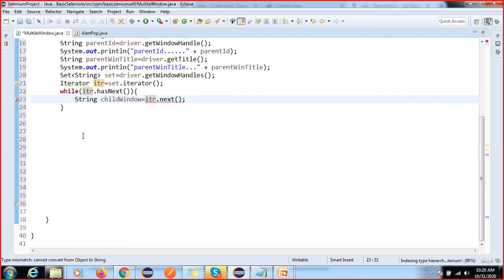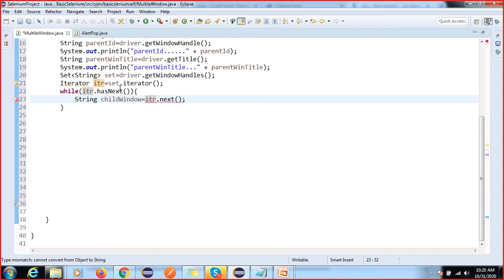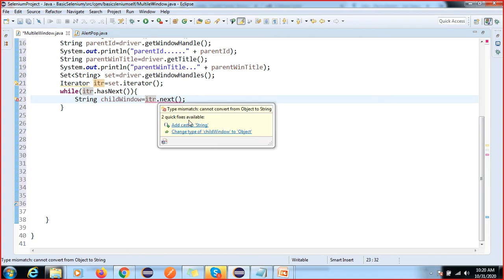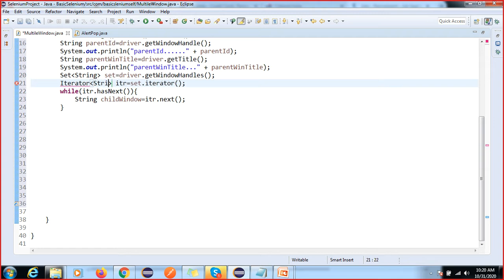Now what I can do, what is coming? Okay, so what I have to do now? See here, some error is coming, add cast. Which type of object are you storing? A string type, right? So here you have to give the generic as String. Got it, right? So now this error is gone. When you do this practice, then you are able to understand why this error is coming and all.